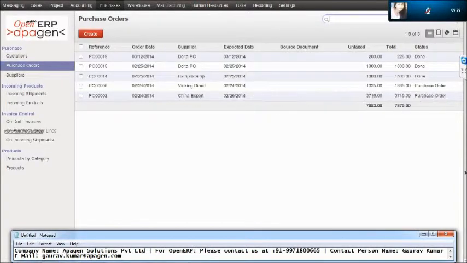There is again the list view of the purchase order. You can view the other views also, that is the form view, graph view and the calendar view directly from these tabs. To create the purchase order directly from the purchase order tab, just click the create button